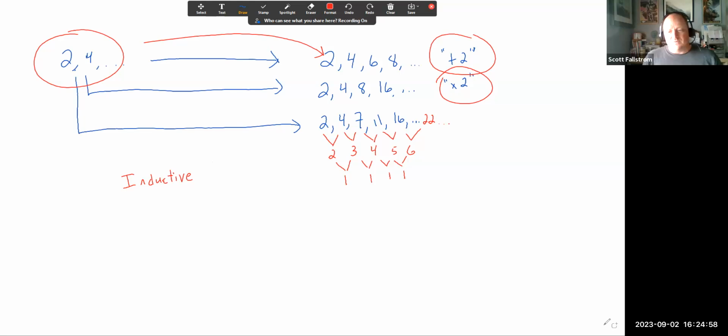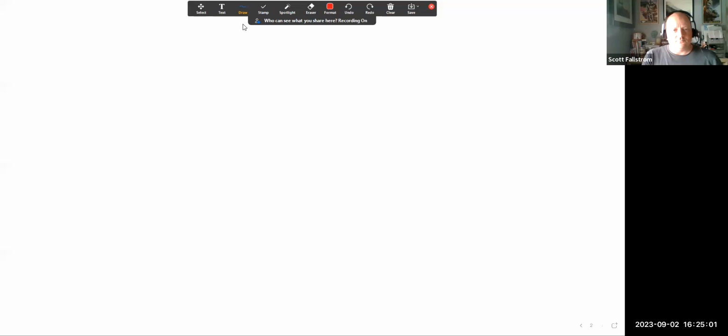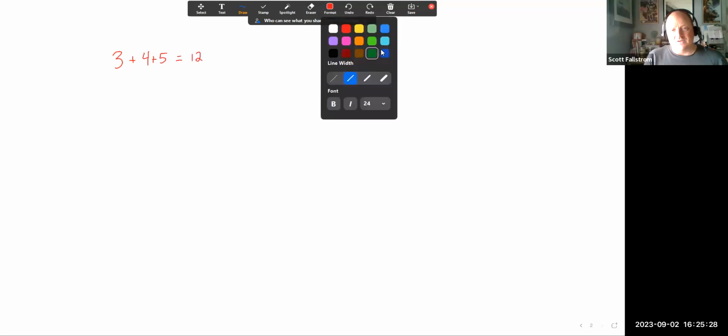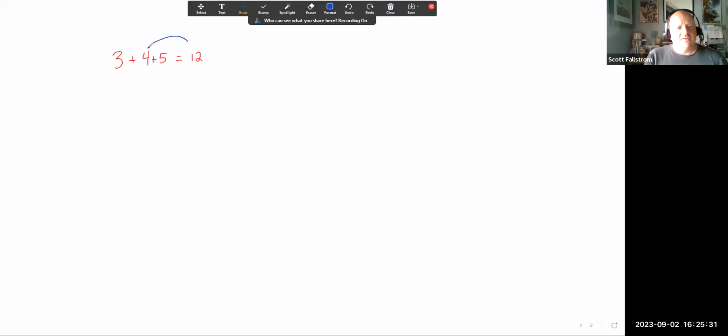Now, if we were doing something with what's known as deductive reasoning, we could prove, guarantee to someone that this is what happens. Let's take a look at how this would play itself out. I'm going to take 3 consecutive numbers. I'm going to start with 3, 4, 5. If I add these up, 3 plus 4 is 7, plus 5 is 12. I want you to notice something here. I end up with